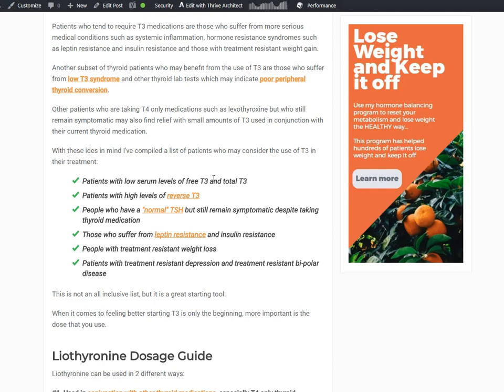So leptin resistance is not quite as common as, well, it's very common, but it's not as well known. Insulin resistance, however, is well known, and that's the condition that leads to diabetes and prediabetes and high blood sugar. So basically what this means is anybody who struggles with those probably would do better with a little bit of T3, and that's just because they have multiple medical conditions in their body and hormone imbalances. And then I'll always include this because